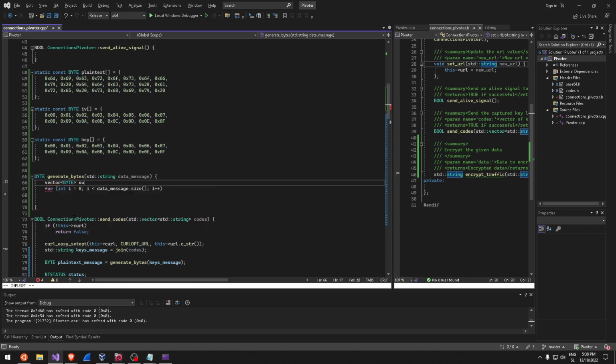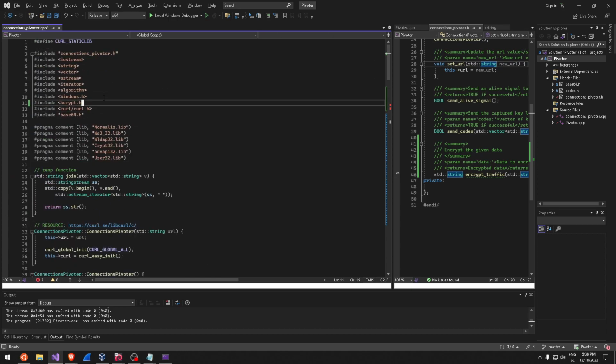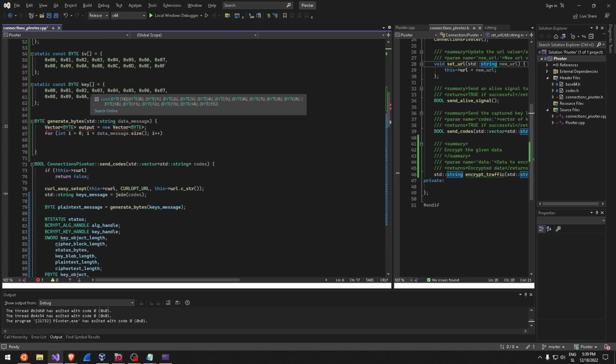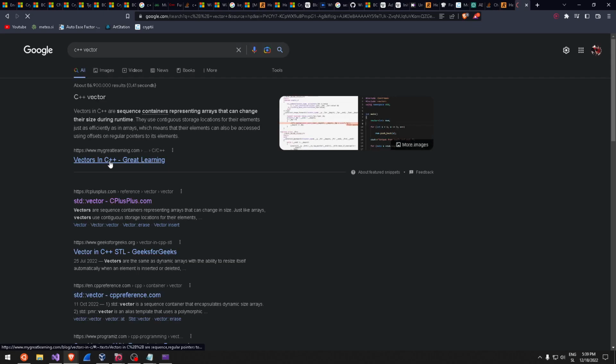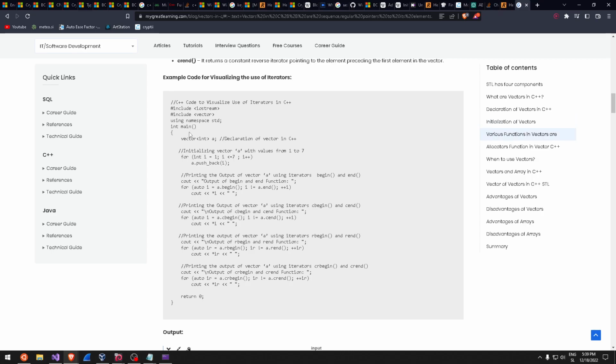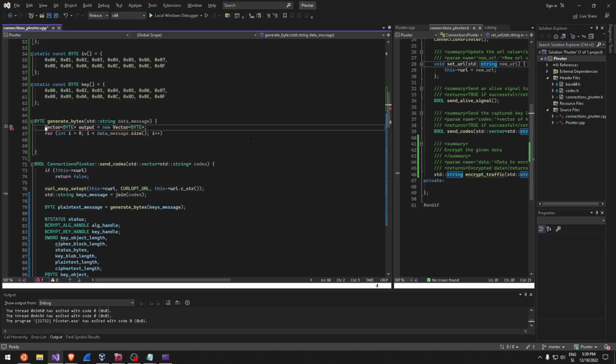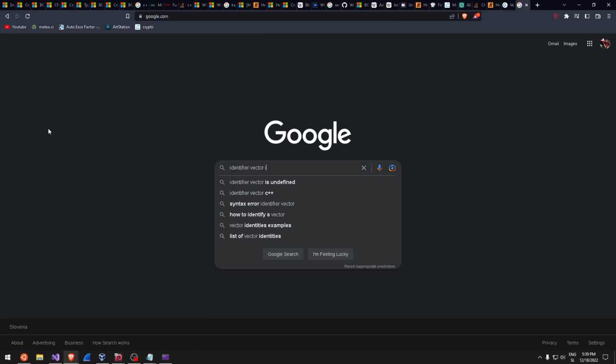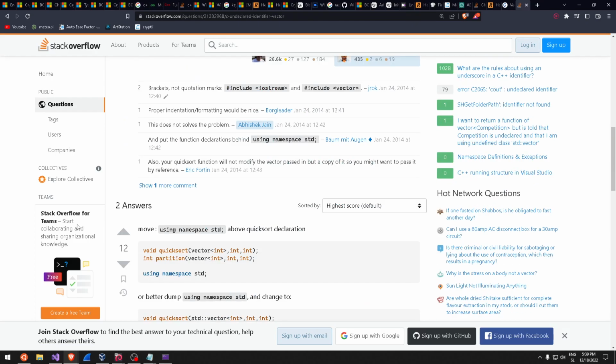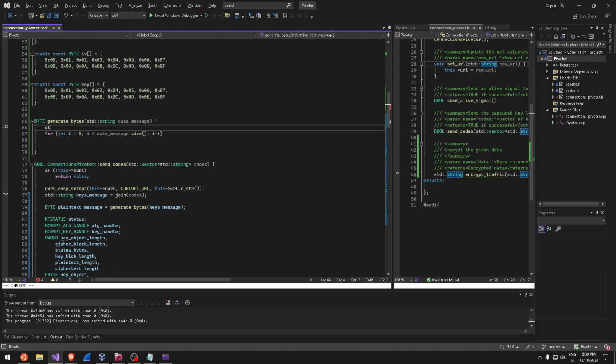Vector of byte output. Don't I have vectors included here? Oh no, I don't. No, I do. That's strange. Just plus vector. Vector. Yeah, that's strange. Vector integer test. Identifier vector is undefined. Why me, bro? Using namespace std. Std vector